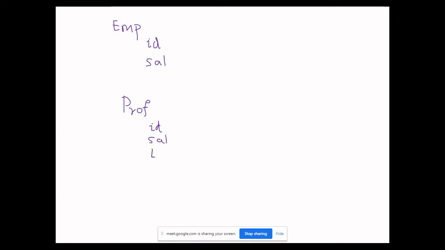Say teaching experience in years, number of papers published, say publications, number of publications. So though you have specific attributes for the professor, these two are repetitive in nature. They are redundant when you compare it with employee class.